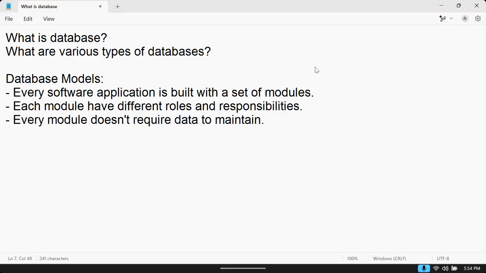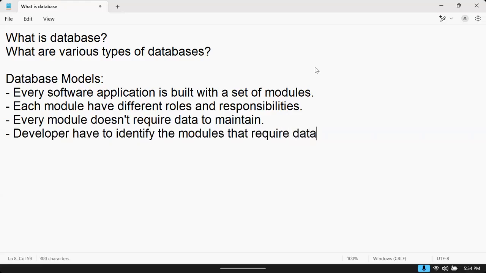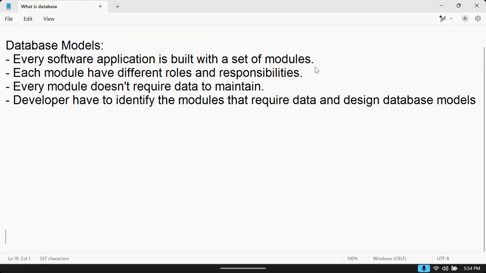Developers have to identify the modules that require data and design database models. What are those database models?